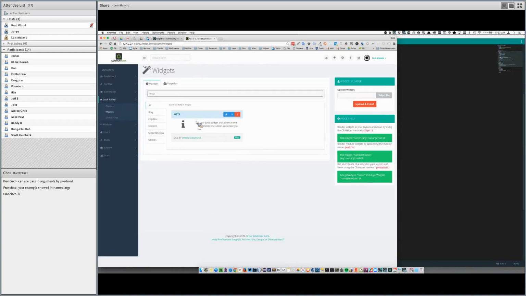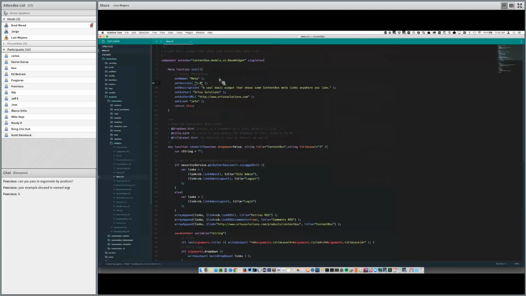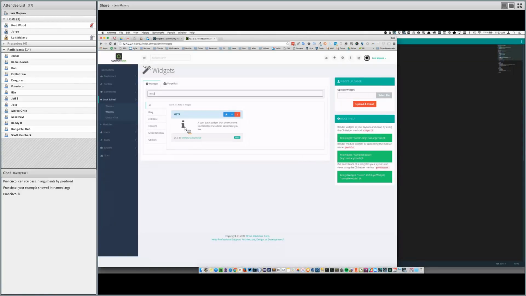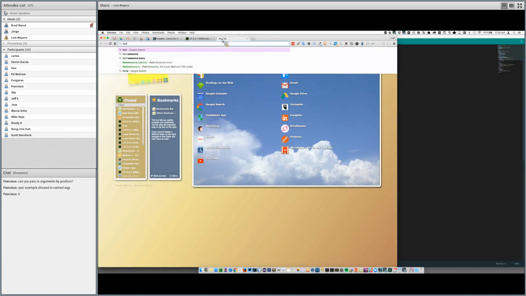And then I create a few other links. I save a content, so I basically create an HTML piece of content, and then I return it. You can see that I also have two private functions to help me create these lists. So this is a simple little widget that just creates an array of links.